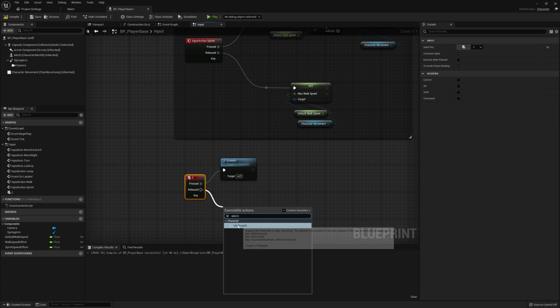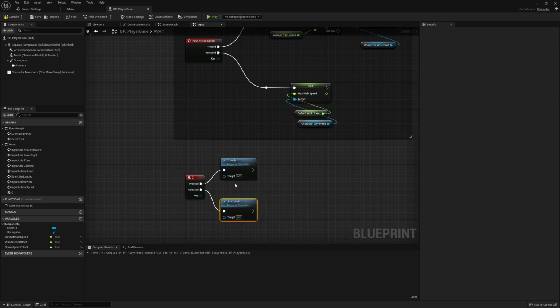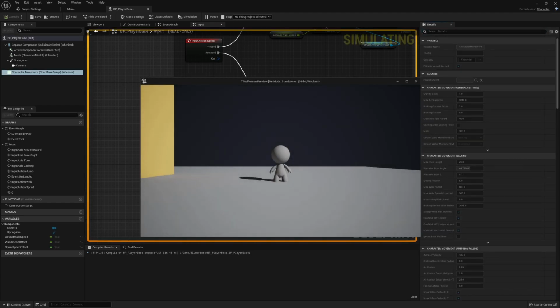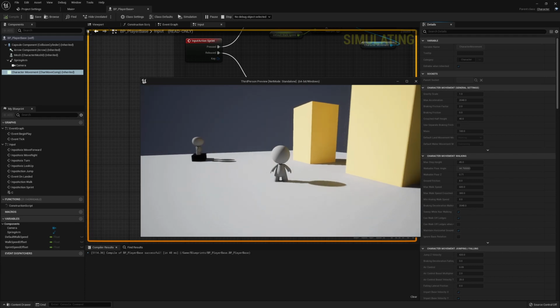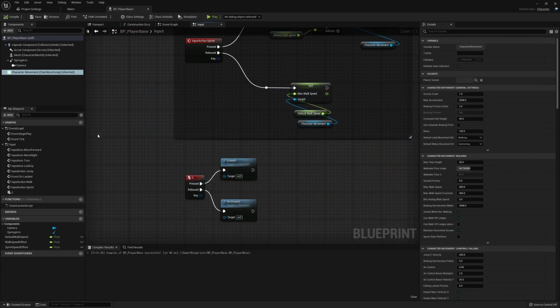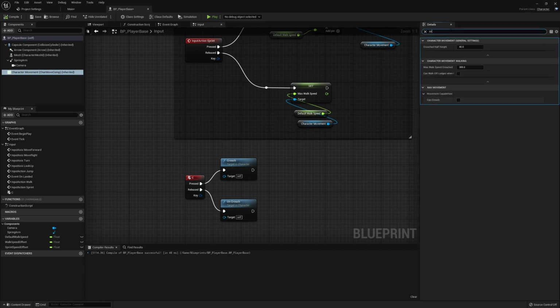Now, I don't have anything in the project specifically for crouching, but this is the functionality you can make use of. And what I wanted to mention are a few things that this will do. So if we press play and press C and try to do this, we'll see that nothing happens by default. Now, the first thing we want to do is grab our character movement component, look for the crouch category here, and enable this as a movement capability. So we're going to tick the can crouch,